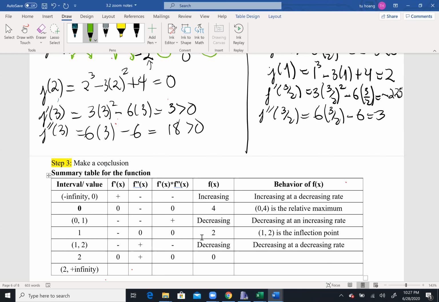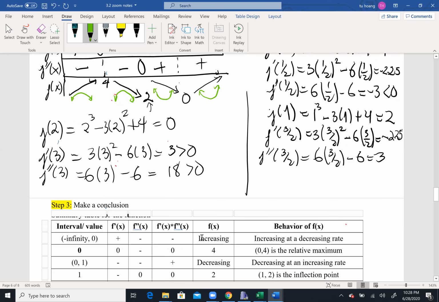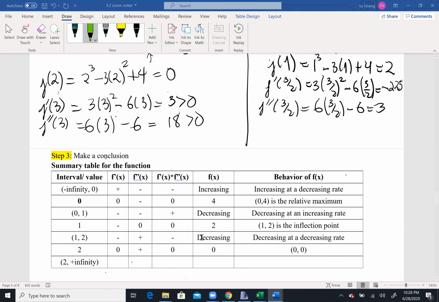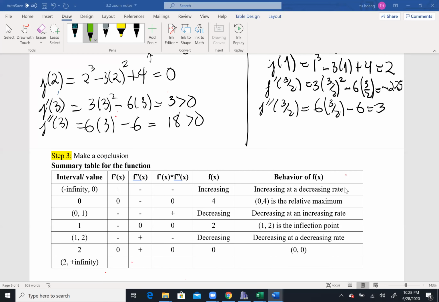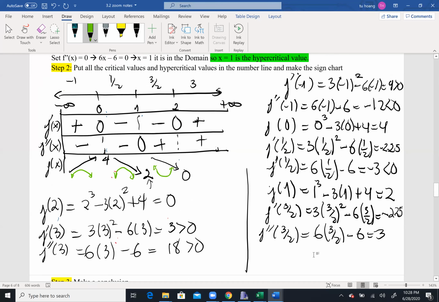And now for 0 and 0, just 0, 0. I'm not sure. Yep, 0, 0. Oh no, not 0, 0. It should be 2, 0, 2 and 0 because the value x is 2. Go down. You see that is